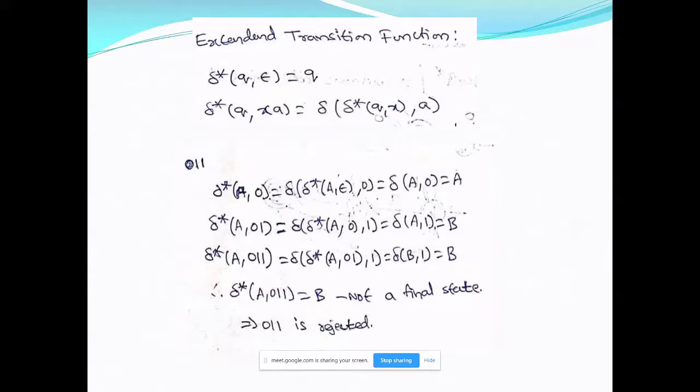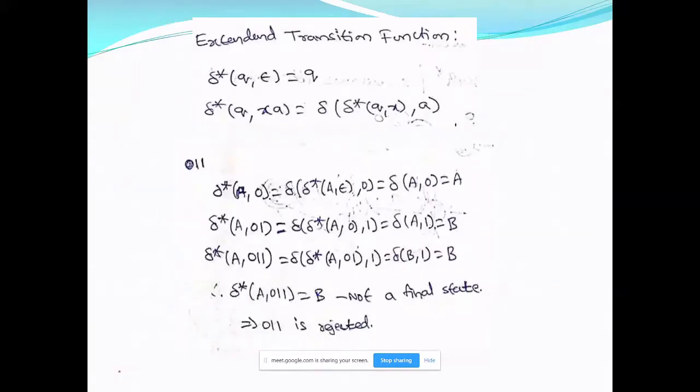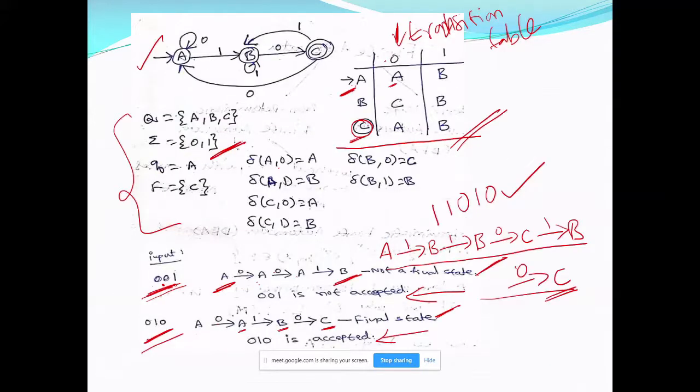But for processing, or for showing the processing of a given input string, you cannot specify it in an informal way like this. What I require is, if an input string is given, I have to show the transition of the string using delta. If you look at the delta transition function, it will tell you only one state and one input symbol.